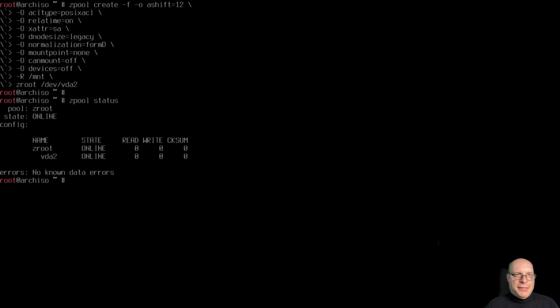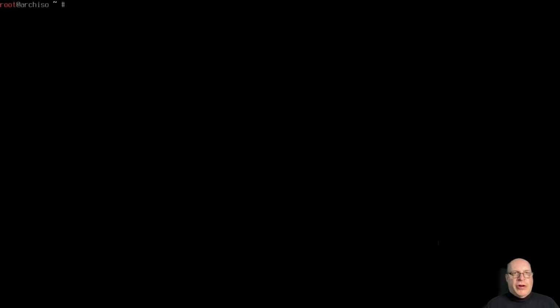zpool status shows no known data errors, so everything looks good. So let's do a whole bunch of ZFS create commands here with zfs create -o mountpoint=none zroot/data, and then do another zfs create -o mountpoint=none zroot/ROOT in all caps,